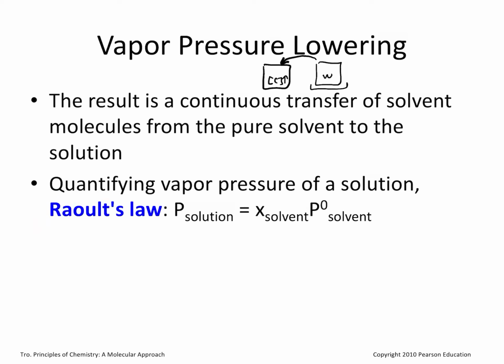So before dynamic equilibrium can be reached, the pressure exceeds the vapor pressure of the solution, causing molecules to condense into the solution. Thus, molecules constantly vaporize from the pure solvent, but the pure solvent's vapor pressure is never reached because molecules are constantly condensing in solution. So the reason the vapor pressure is lower is because